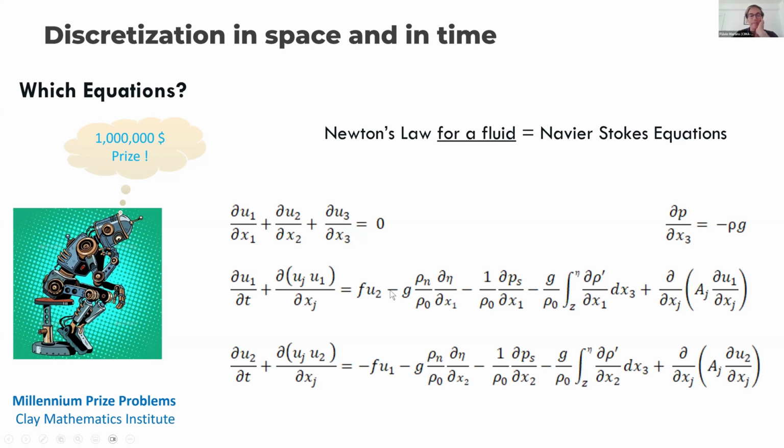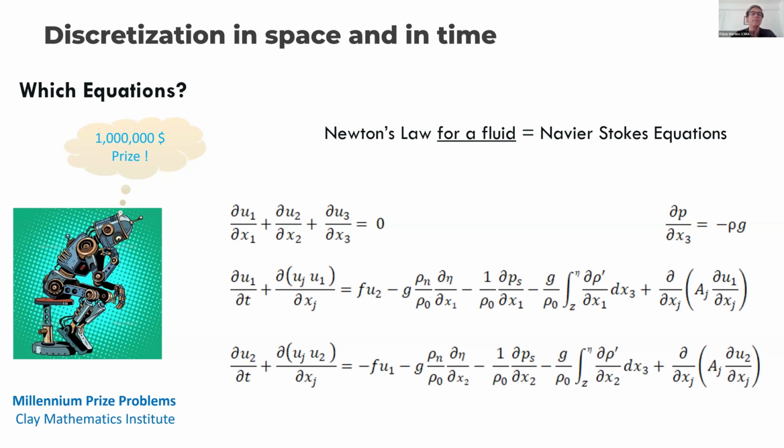I don't think I have the details here, but I can tell you what these forces are. You have heard these names almost for sure. This is the Coriolis force. This is the barotropic force due to the water surface height. This is the barotropic force due to atmospheric pressure. This is the baroclinic force, so it's an integral in the vertical of the horizontal derivative of the density. And this is the diffusion. Okay, the diffusion is also a force because diffusion is stress. So it's also a force. Okay, so these are the Navier-Stokes equations.